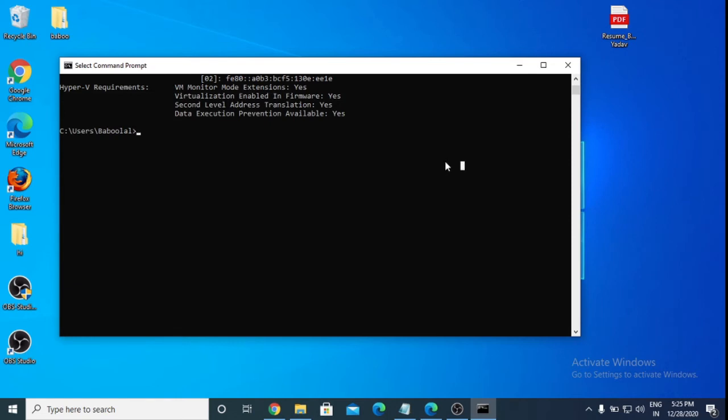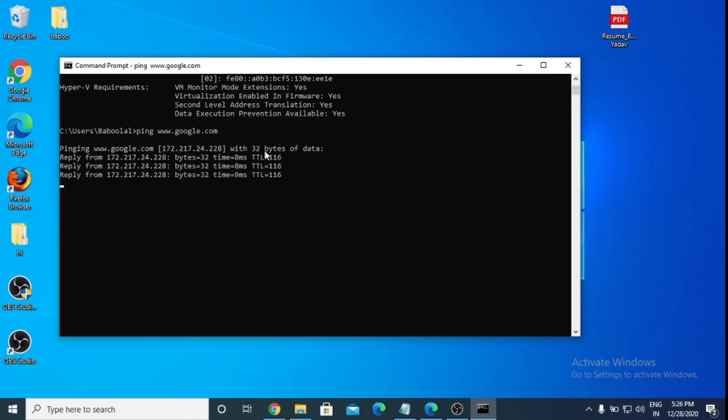If you want to know any website's IP address, simply type ping and the website name, like google.com, facebook.com. So I'm simply typing here www.google.com and pressing enter.